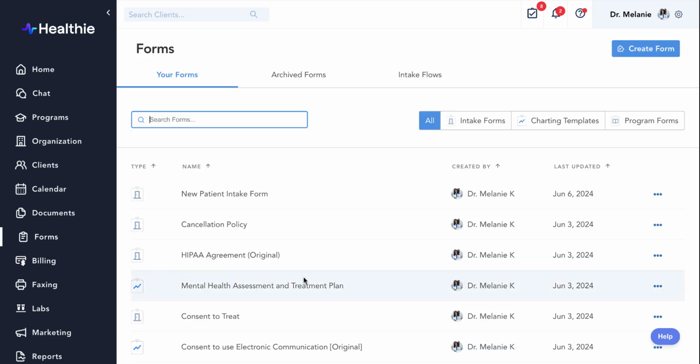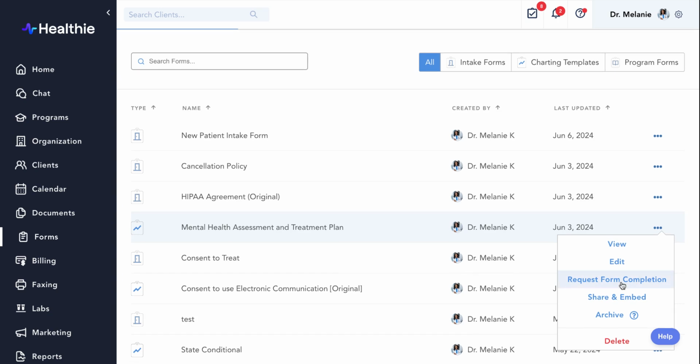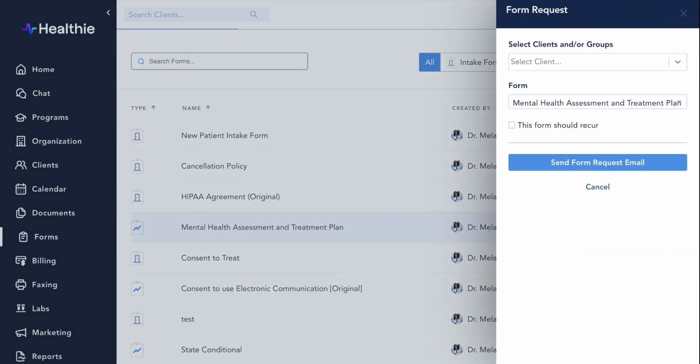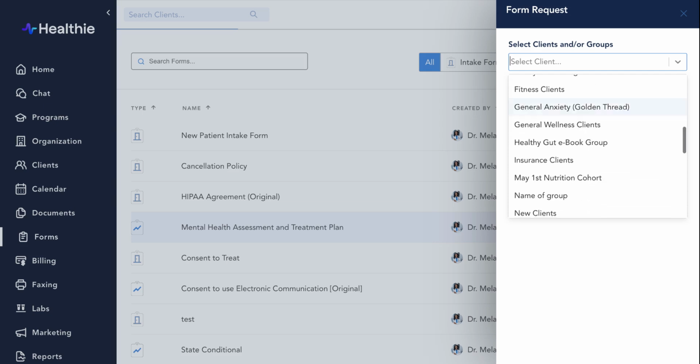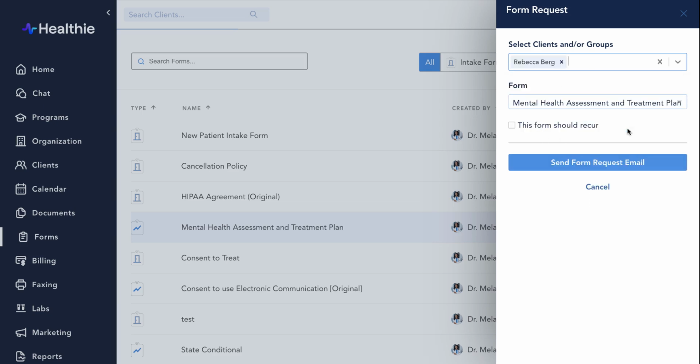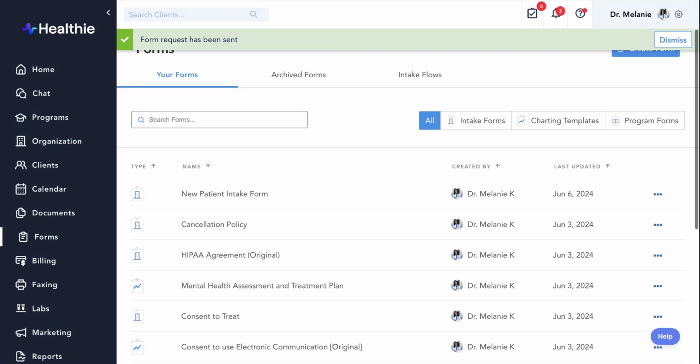From here, select the three dots to the right of the form that you would like to request and click Request Form Completion. You'll be prompted to select the individual patient or client group that you would like to request the form from, and once selected, you can go ahead and click on Send Form Request. This will trigger that email notification to your patient,